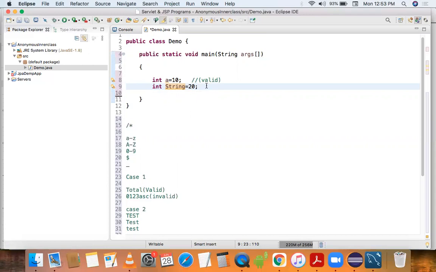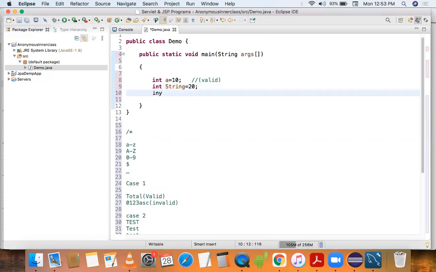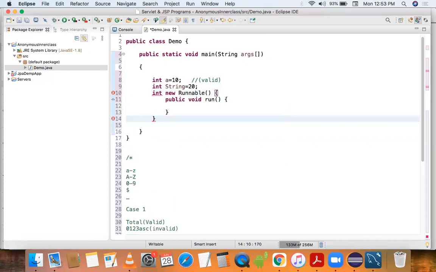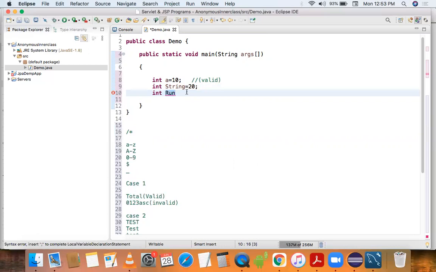We can also use an interface. Suppose here we declare integer, and if we declare Runnable equals to 30, so this is a valid identifier.